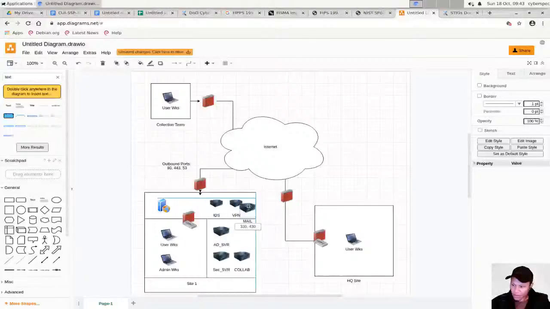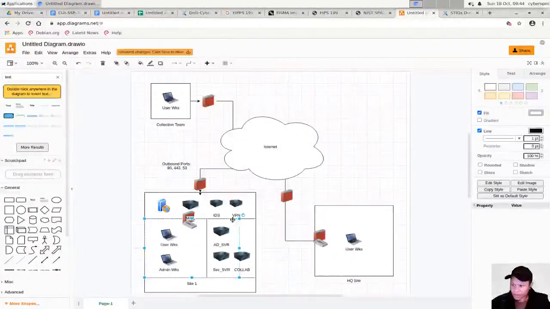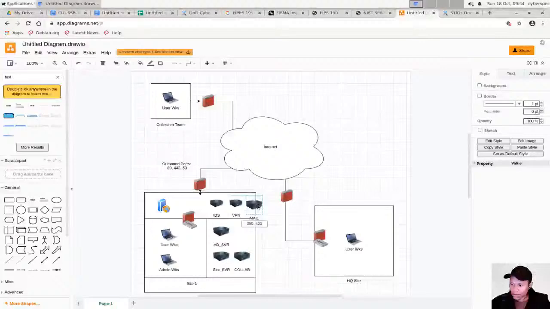And actually the mail server is probably going to have to be in the DMZ, because everybody's going to have to be able to see that to process stuff. So those are little things that